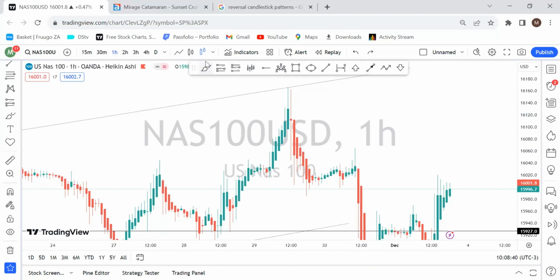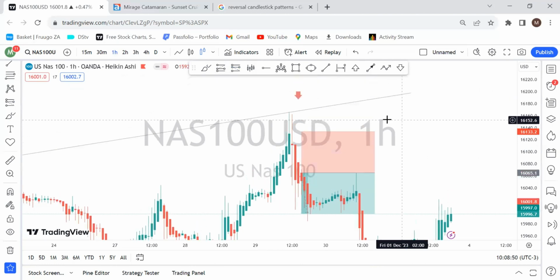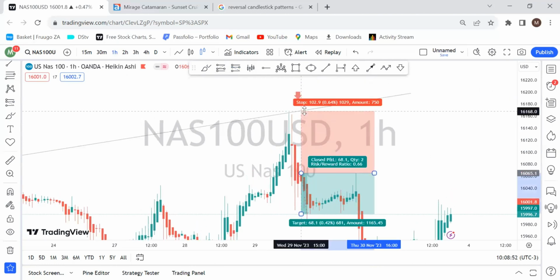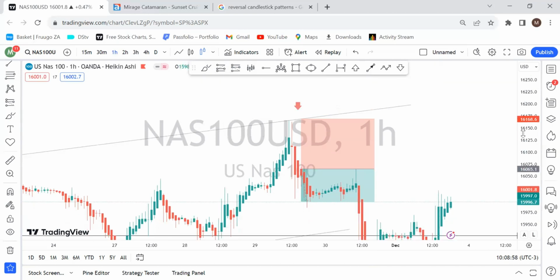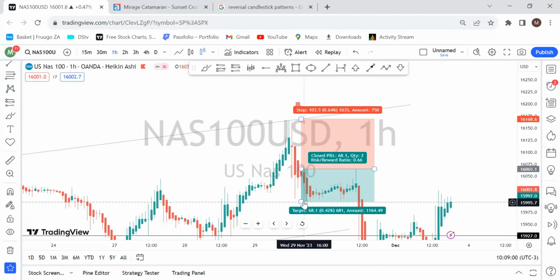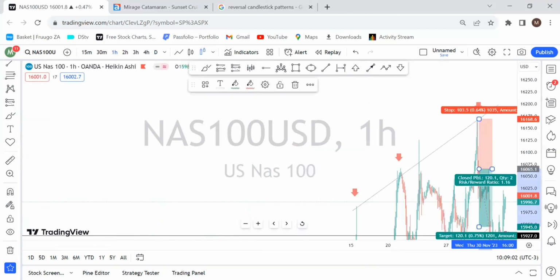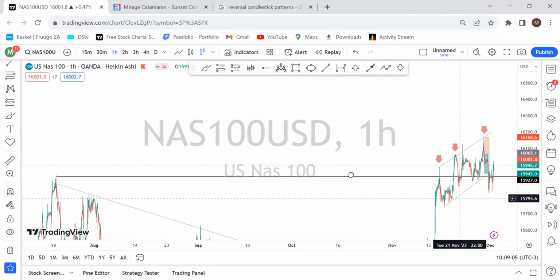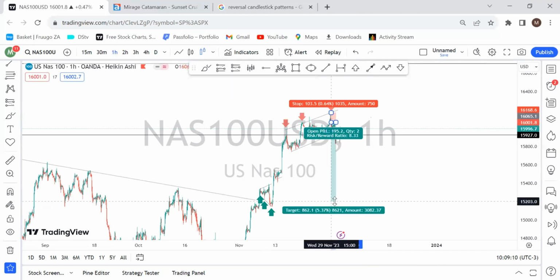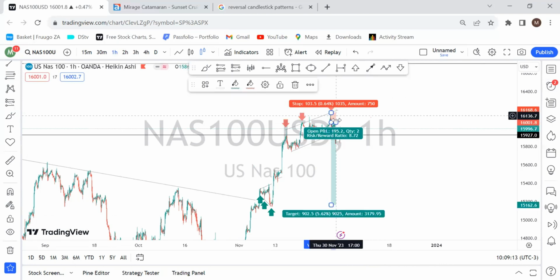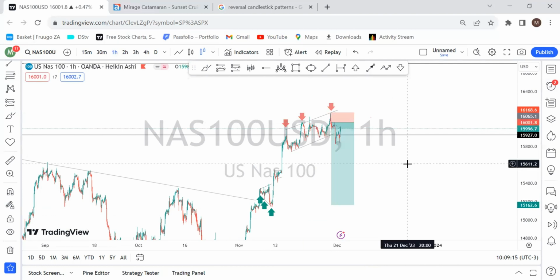So you could have entered just from the close of the second one, so basically at the opening of the third one, and same applies. Stop loss would obviously be so high, you'll put it all the way up there and then just scale down to the downside. So when it comes to scaling down in comparison to the stop loss, you can see the risk reward ratio is